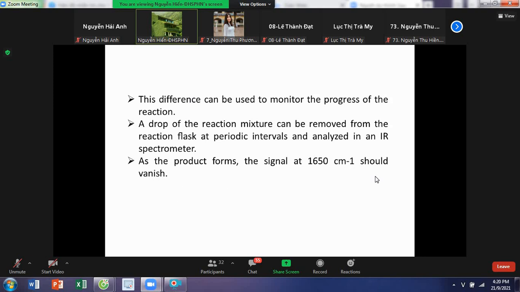I think this point is not really exact. I would say that when all the reactants or starting materials